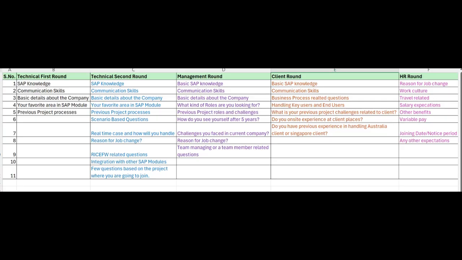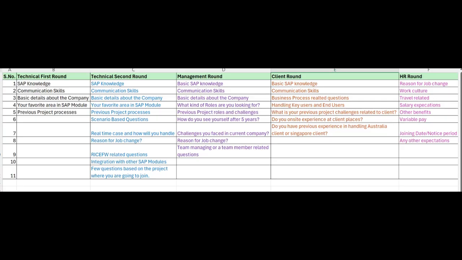That generally happens if the recruitment happened only for a specific client. At that point of time, they will definitely ask you to attend a client round once the management round is completed. In most cases, your offer letter may not depend on the client round, but in certain cases the client will say that they want to finalize the candidate only if it is suitable for them. In that case, you will get the offer letter only after the client round.